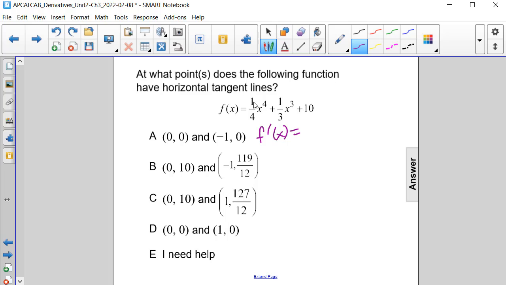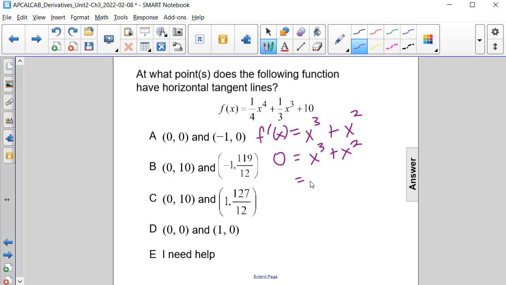And that's going to be, well, 1/4 times 4 is 1, so that's x to the third, plus 1/3 times 3 is also 1, that'll be 1 times x squared, plus the derivative of 10 is 0, so we don't have to write it. And then we can set this derivative equal to 0,